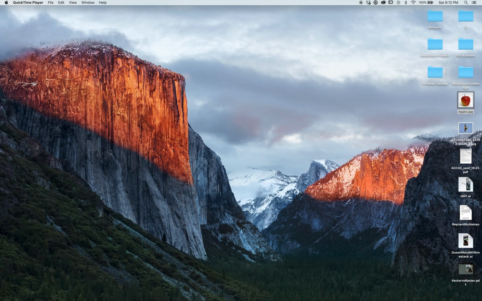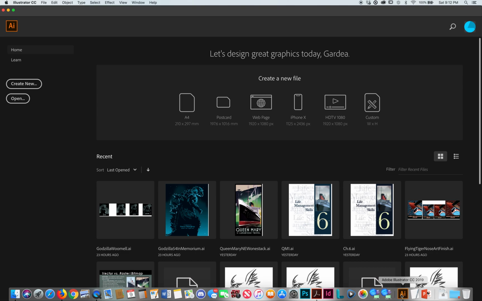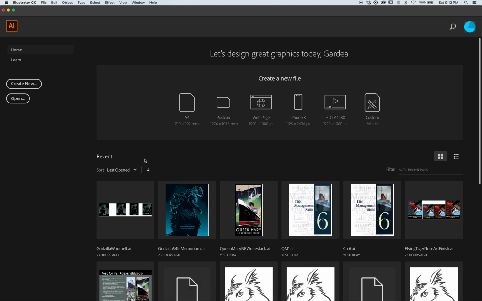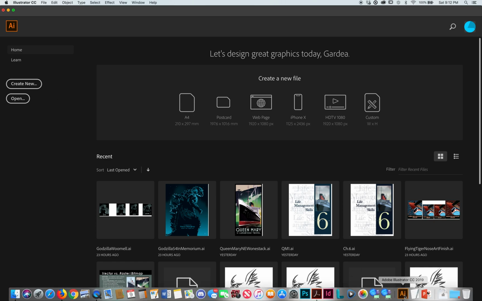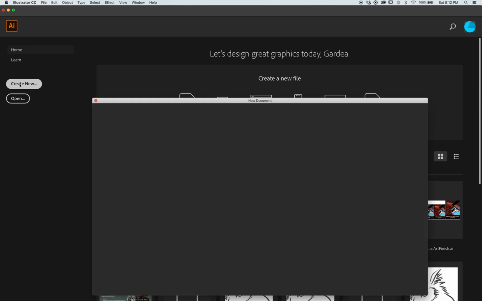We are going to work on Lesson 2. Lesson 2 consists of learning how to draw with the pen tool, the Bezier pen tool in Adobe Illustrator. I just click down here on the dock, it pops up, I click on the Illustrator icon, Create New, meaning a